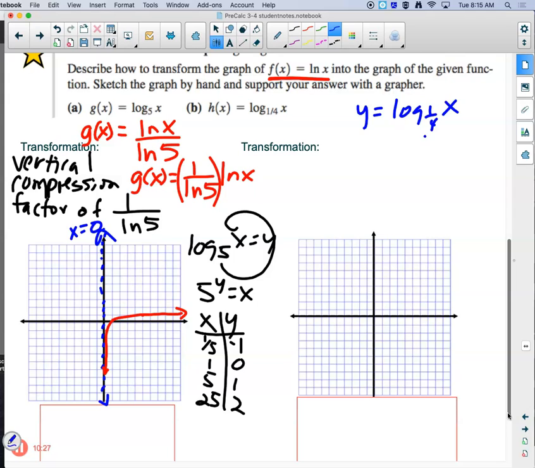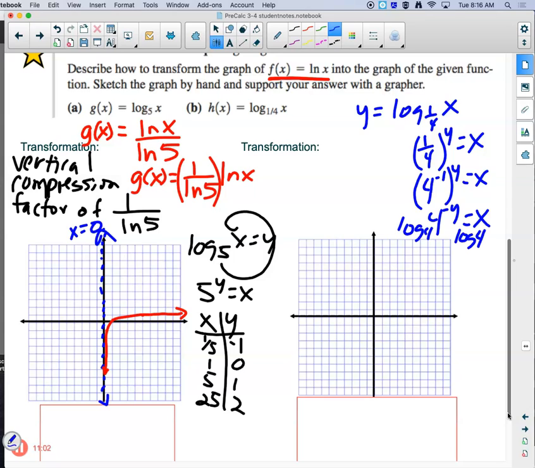So 1/4 to the y equals x. And then we said, you know what? We want to use a base of 4 right here. We don't want to use a base of 1/4. Well, we could do that by changing that to 4 to the negative 1. So we would get 4 to the negative y equals x. And then, if we wanted to put it back in logarithm form, we would take the logarithm base 4 of both sides, because over here our inverses would be gone, and we would get negative y equals logarithm base 4